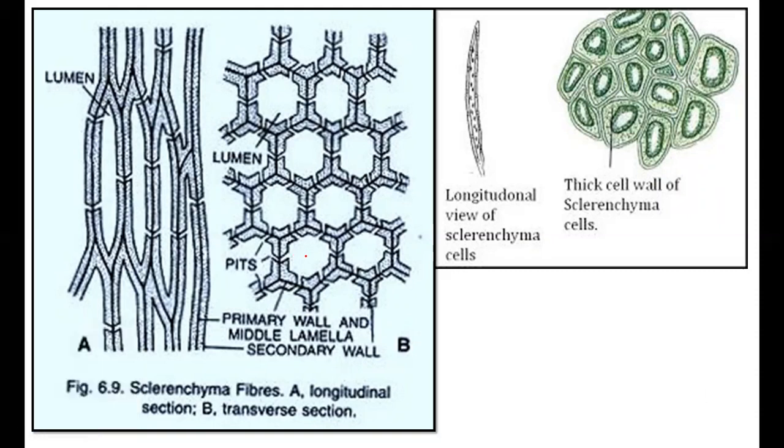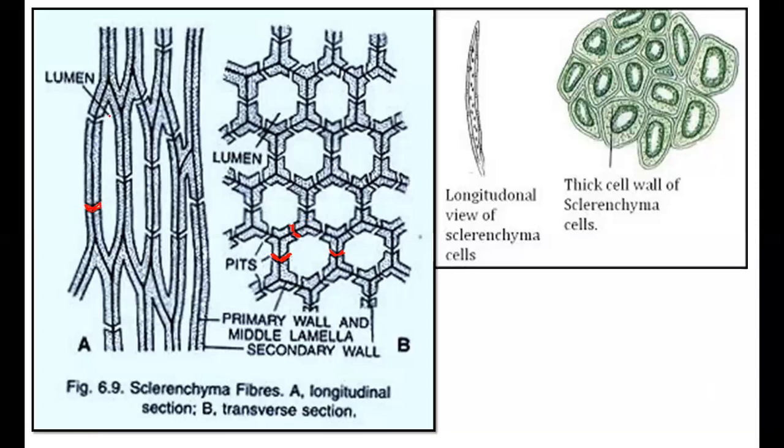There is some gap. In the characters we have seen that there are places where lignin is not present. So in this gap, lignin is not present, so it remains as a gap. This gap is called a pit. Here another gap is also present. Here lignin is not deposited. So this is actually a pit. This is a gap in the cell wall. Here we can see this is also a gap present in the cell wall. This is called the pit.